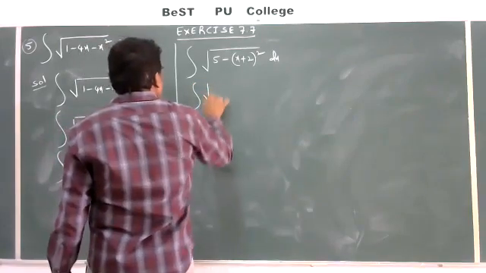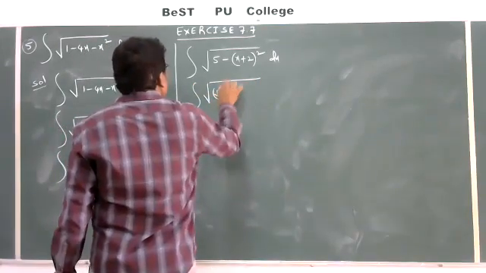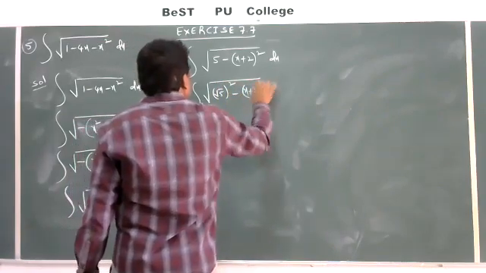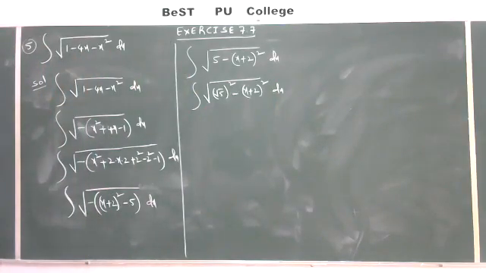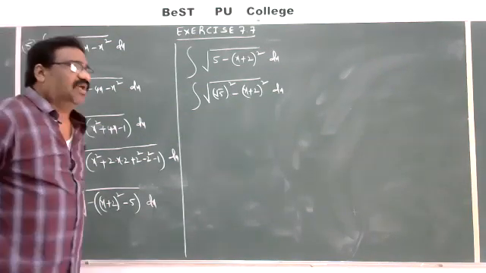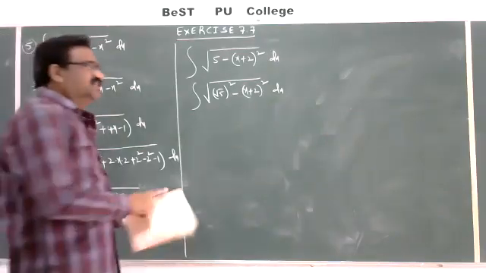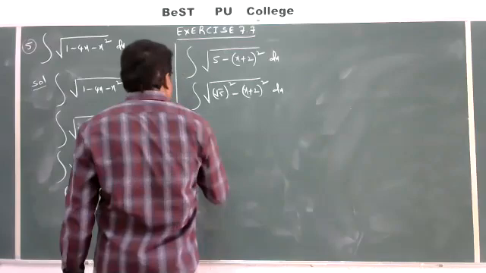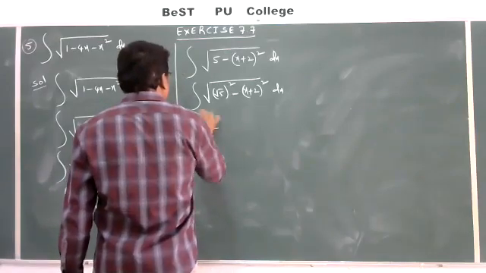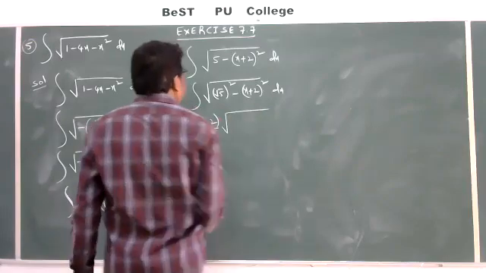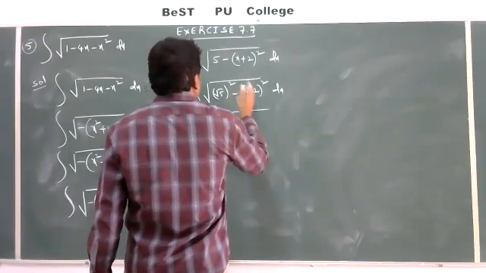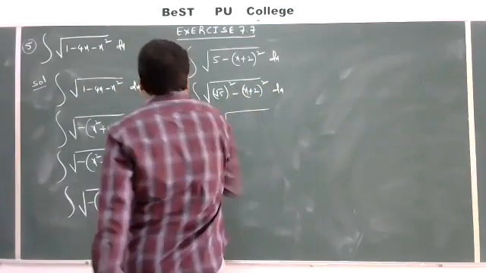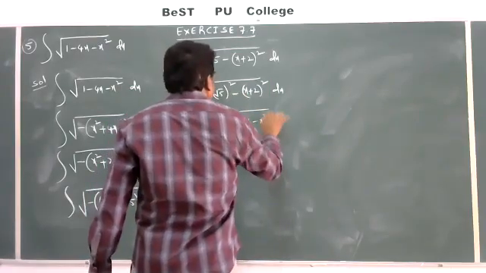So this is integral root of 5, root 5 whole square, minus x plus 2 whole square dx. So this is in the form of root of a square minus x square. Using the formula, here x is x plus 2. x by 2, that is x plus 2 by 2, into root of a square minus x square. A square minus x square is root 5 whole square minus x plus 2 whole square, which is nothing but 1 minus 4x minus x square.